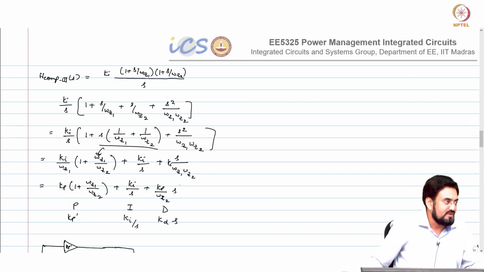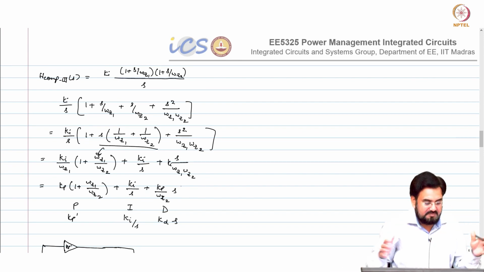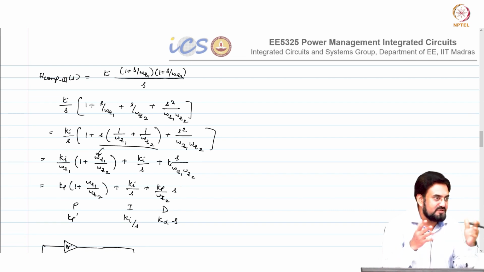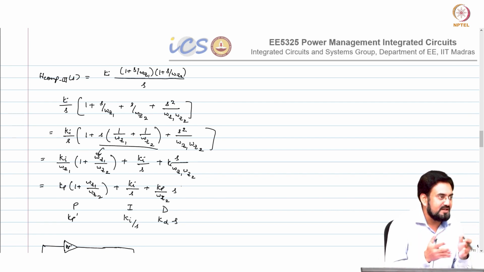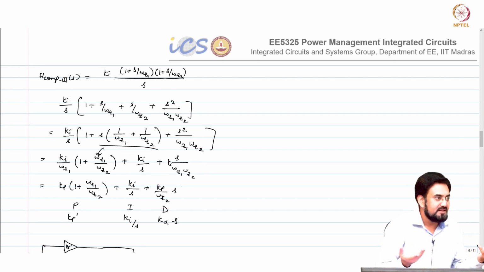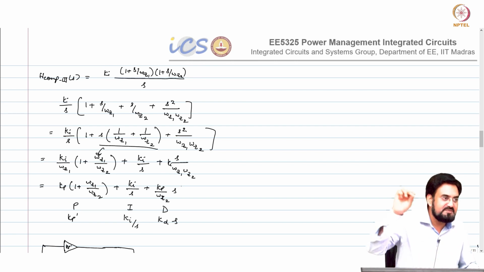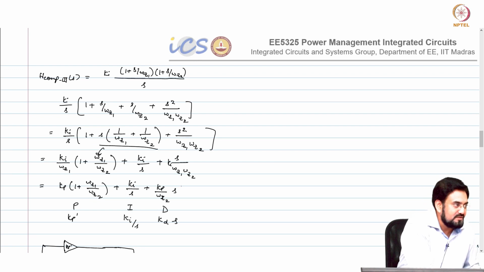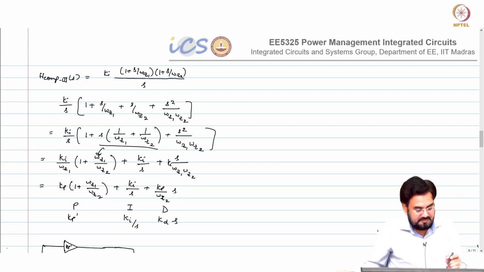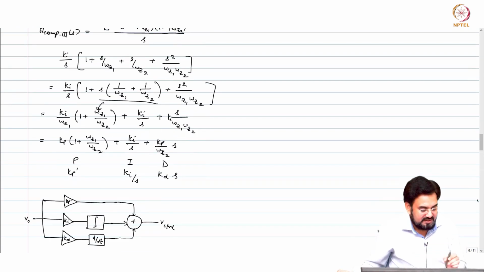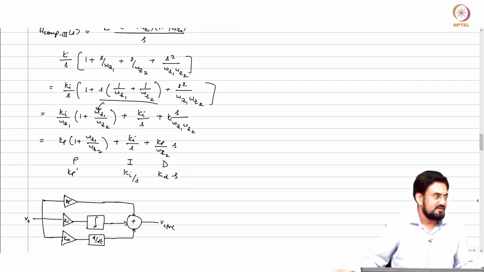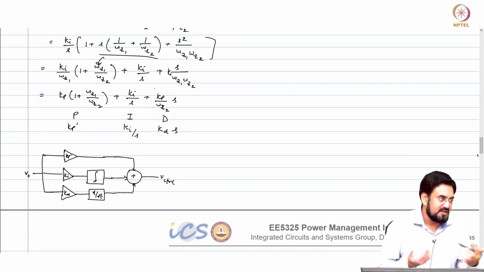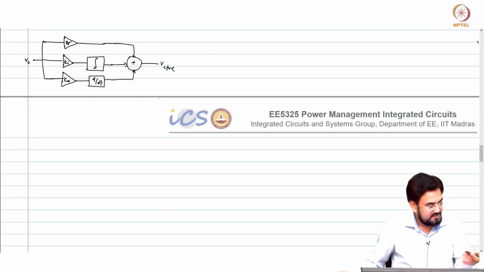So, from here if you know Kp, Ki, Kd, you can back calculate the 0 locations and your gain, and we understand the behavior of the system in terms of your Bode plot better. If I tell you Kp, Ki, Kd, you cannot just tell whether it is stable or not, but if somebody tells me my 0 is here, my gain is this, you can directly tell whether it is stable or not. Okay. So, that is why we always analyze in terms of 0 rather than analyzing Kp, Ki, Kd separately. Okay. But both are correlated and you can design it either way.